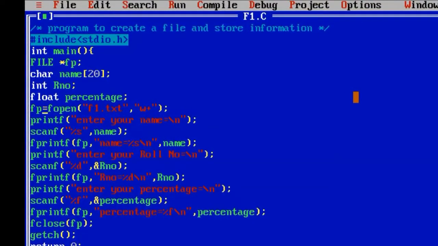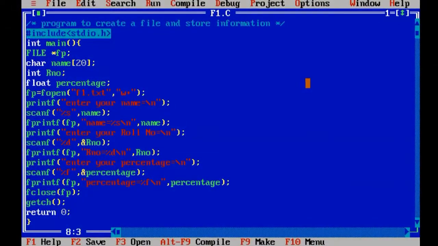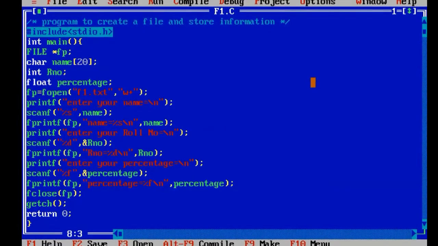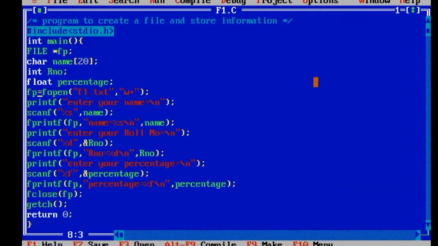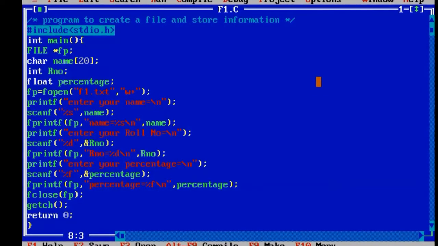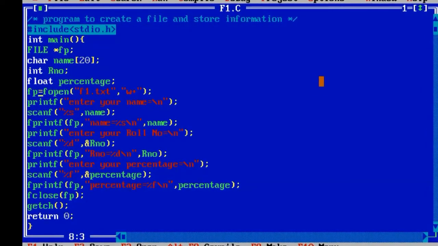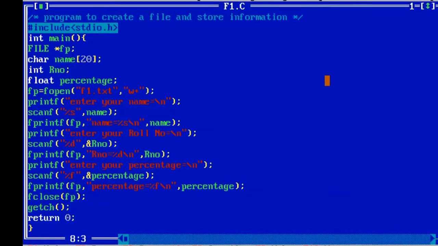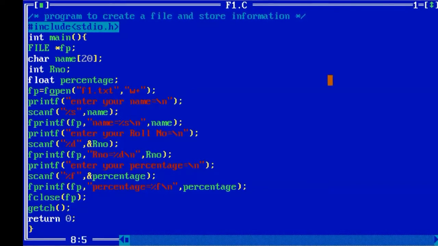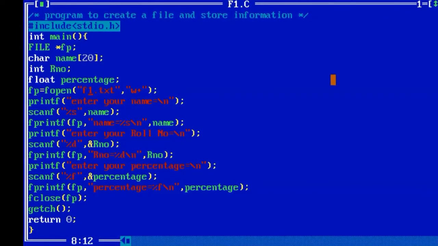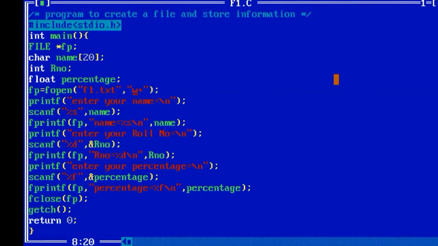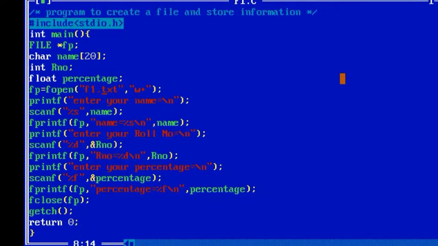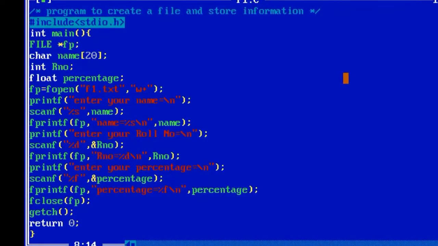Okay friends, what we have to do is declare a file pointer of type FILE structure. By using the file handling function fopen, you can open your file. If you want to write information into the file, that means you want to create or store information into the file, you need to apply the mode as write or write plus. Here the fopen function takes two parameters: f1.txt and the second one is w+. Okay friends, f1.txt is the name of the file that you want to create. You can give any name. I have given a random name, that is f1.txt.